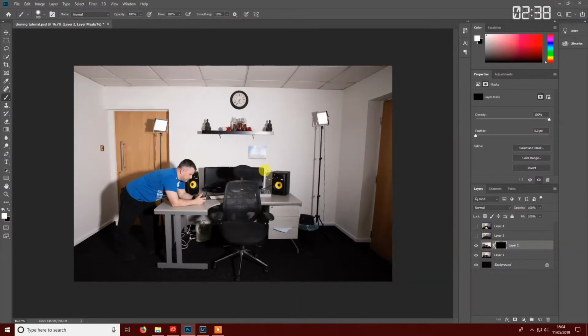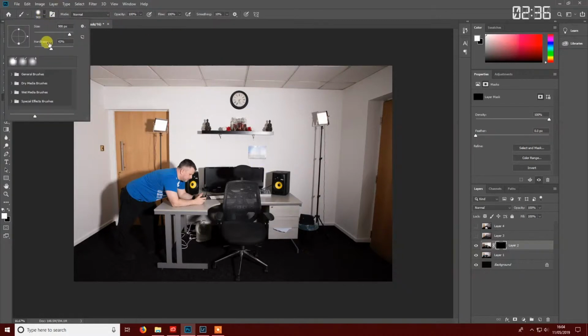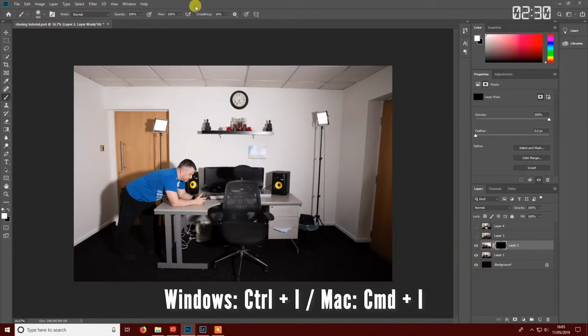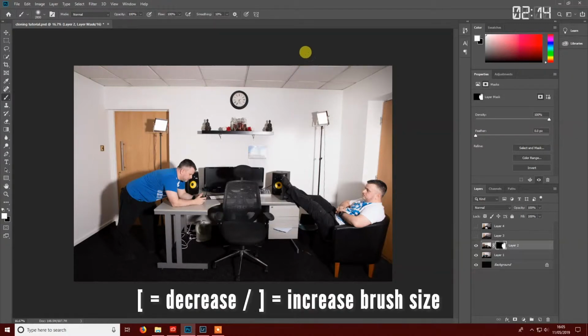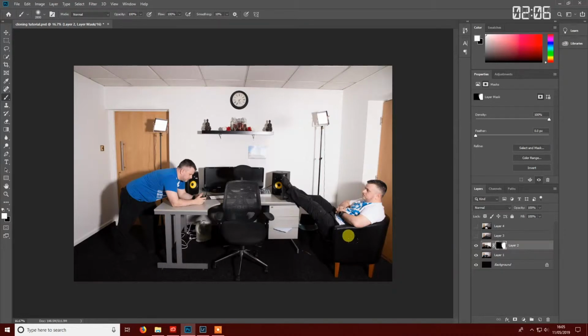And have a big enough brush. We want to make sure that the size is whatever you think it needs to be, but the hardness we want to have down at 0%, and just start painting where you know the other version of yourself is in the scene. So I want to try and get some of the shadows dealt with as well, so I'm going to increase the size of the brush by pressing the square bracket. The right square bracket increases the brush, left square bracket decreases the size of the brush, and there we go. It blends all of the shadows, and we have an image here that looks like it could have been twins